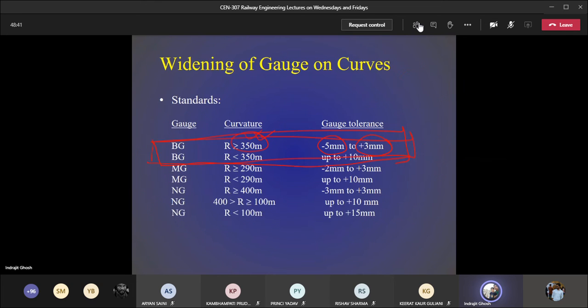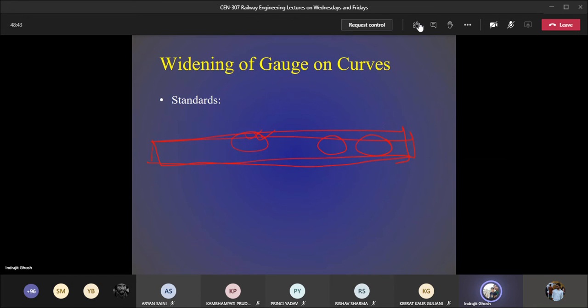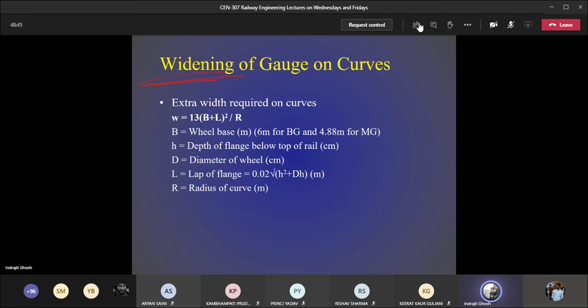So let us see the formula which we have to use, and this formula I generally provide for my exam. If I ask you a question from this particular theme, then I will give you the formula. You people do not have to remember the formula, but for competitive exam purposes, it is really unfortunate that GATE or engineering services or railway services, they do not give you the formula. Okay, so for exam purpose, you have to remember.